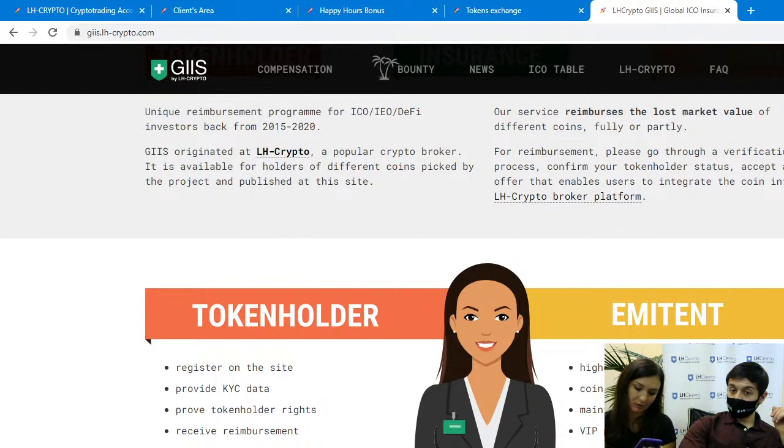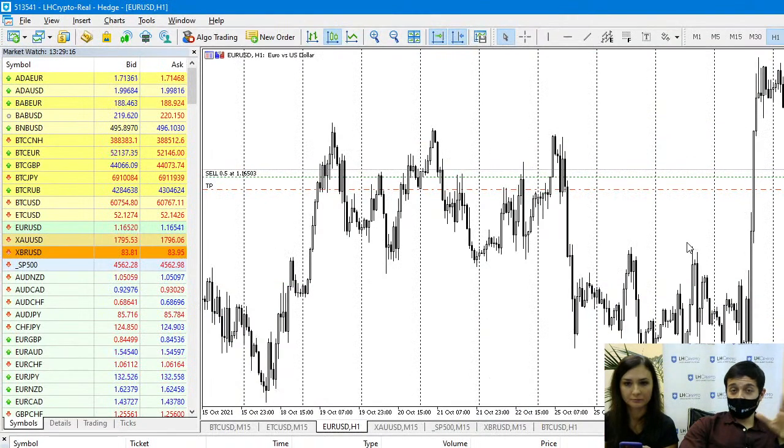I have deposited, but I can't open new trades on my account. Why? Okay, so this is more a question to support than to me, but there could be a number of issues with it. The first one I would say is, if you don't have internet connection, if something is wrong, if your MetaTrader is out of date,